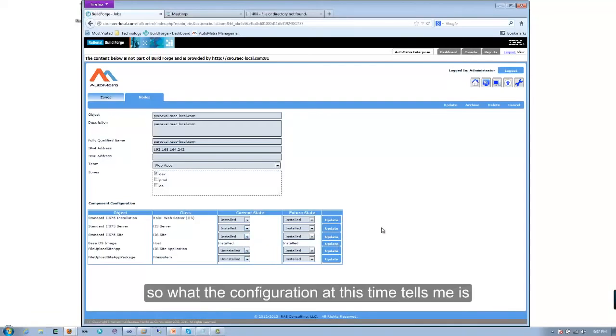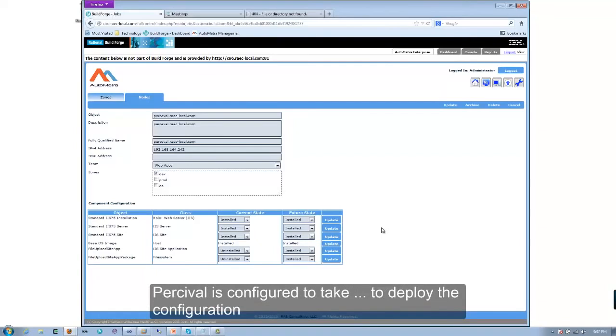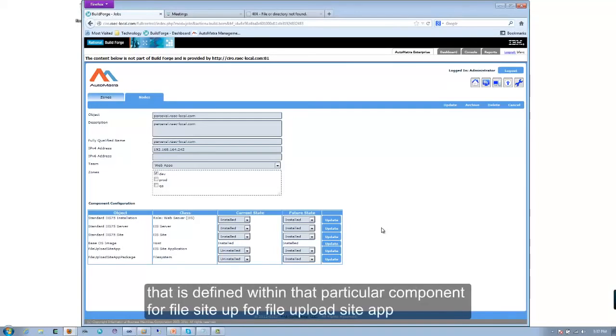Okay, so what the configuration at this time tells me is Percival is configured to deploy the configuration that is defined within that particular component for file upload